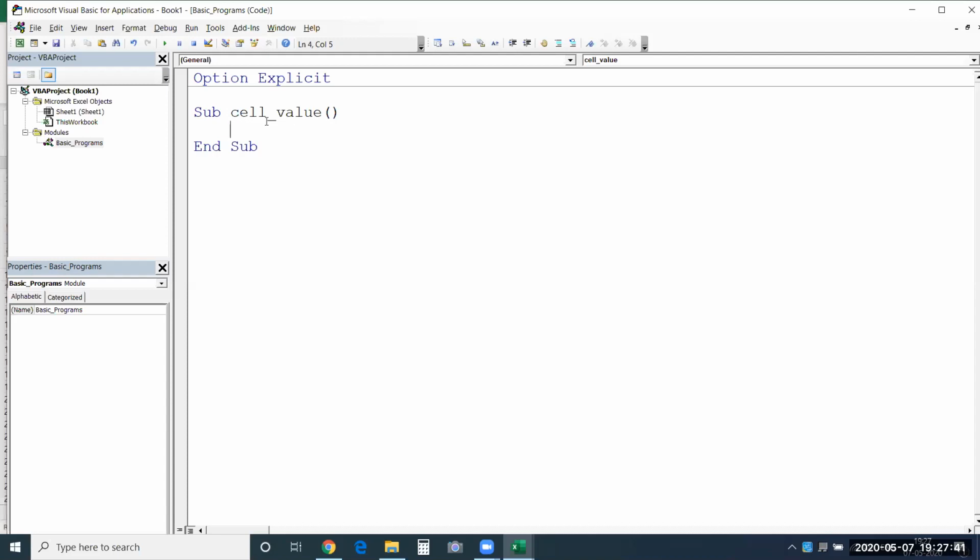Next, you cannot use VBA keywords in your program name. There are a lot of VBA keywords here. I'll just take Sub, End Sub, If, While, For. These are keywords, and they cannot be used as your program name or macro name. These are the rules you have to follow in order to provide a macro name. And always make sure your macro name is a little meaningful.